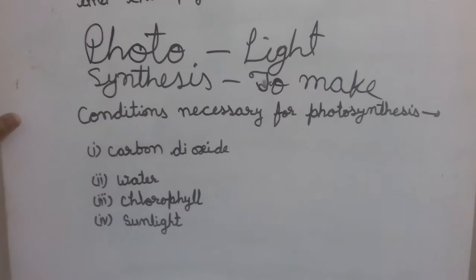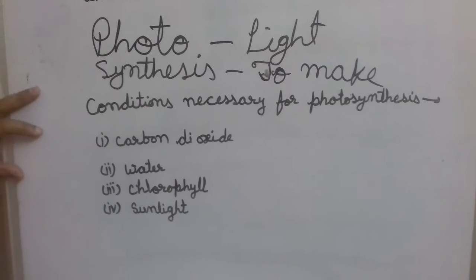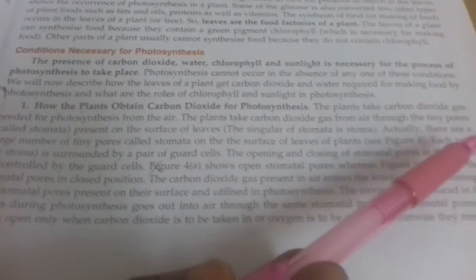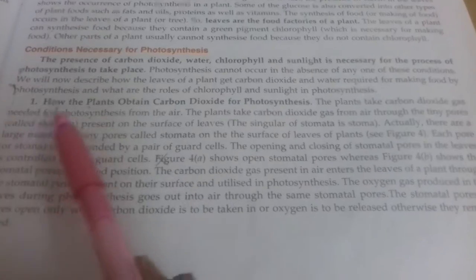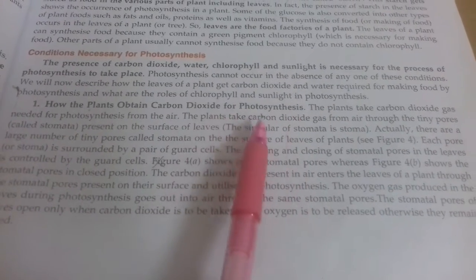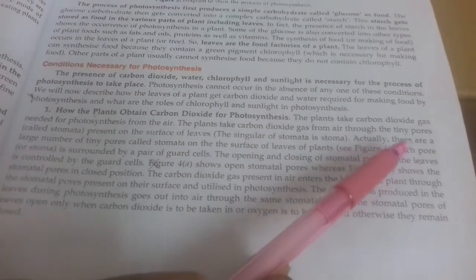Now we will discuss how the plants take these four items for photosynthesis. How does the plant obtain carbon dioxide for photosynthesis? The plants take carbon dioxide gas needed for photosynthesis from the air. Plants take carbon dioxide gas from the air through tiny pores present on the backside of leaves,